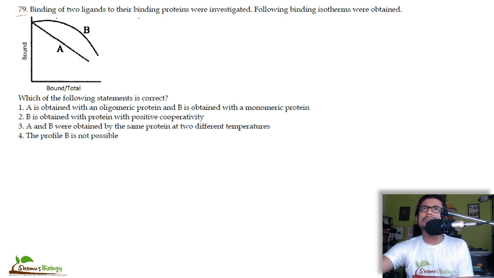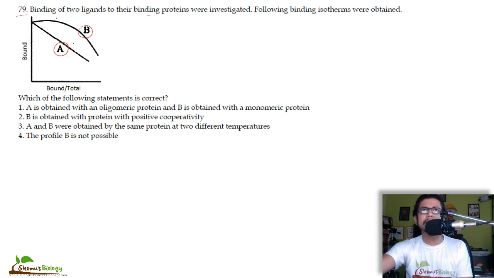Binding of 2 ligands to their binding proteins was investigated. The following binding isotherms were obtained. Now this is just a graph. Okay, first of all, the question is not that big, so little information is provided. The idea is about the binding of 2 ligands to their respective binding proteins. Okay, so one is ligand A, another one is ligand B, and what we are looking at, the binding